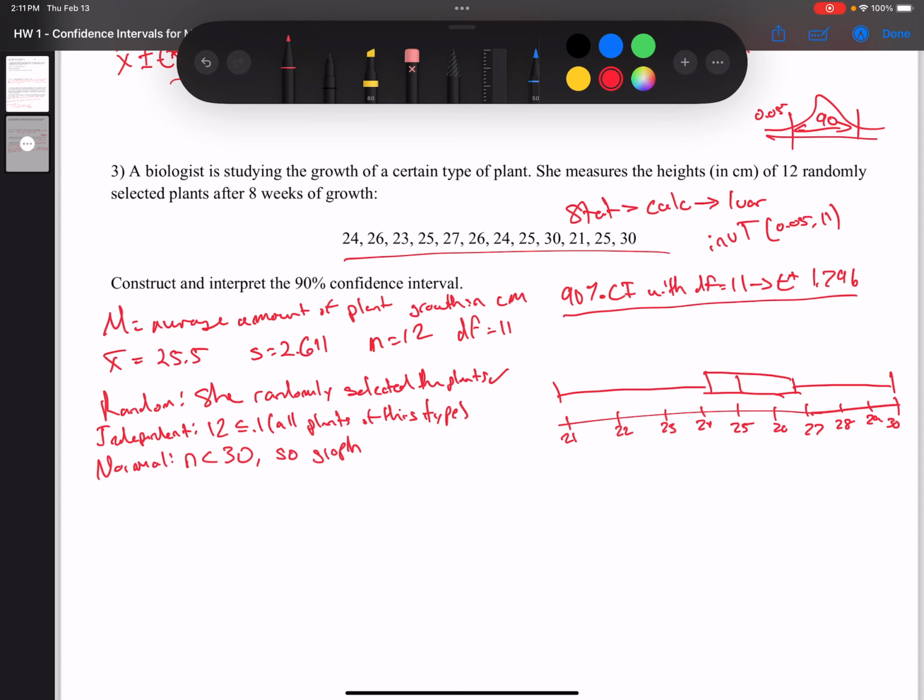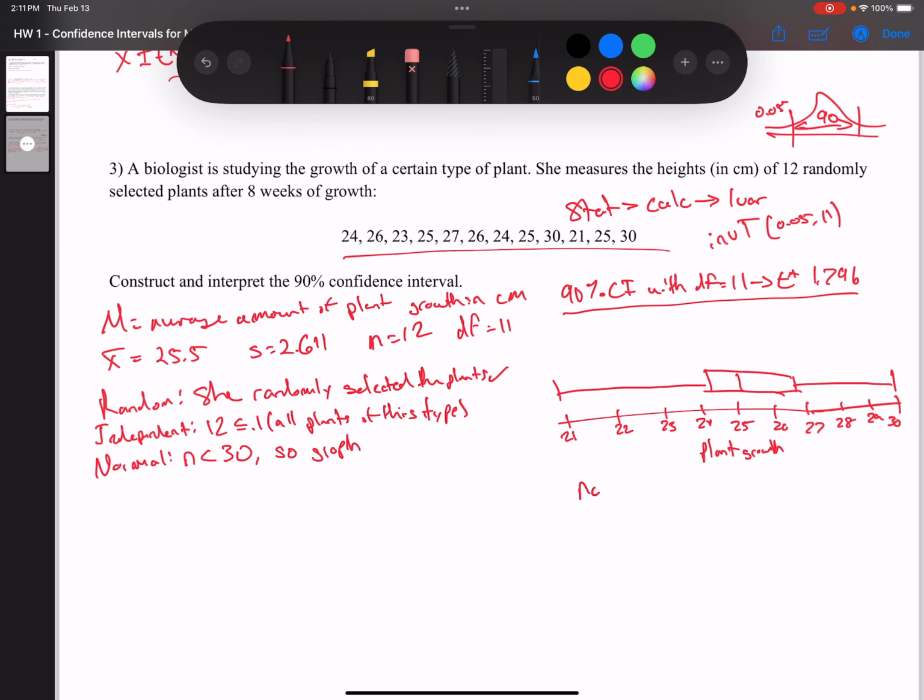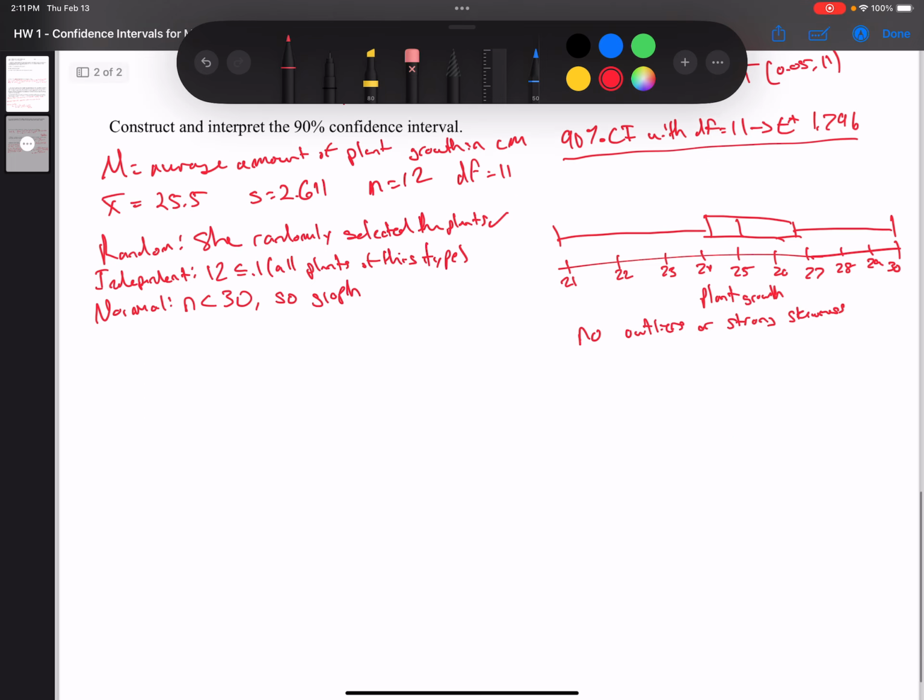I went with a box plot instead of a histogram like we've done a couple times in class. So here is our plant growth for this data set, and I do not see any outliers, so no outliers or strong skewness. It looks pretty symmetrical to me. So that means we can move on for our test, which is going to be, in this case,